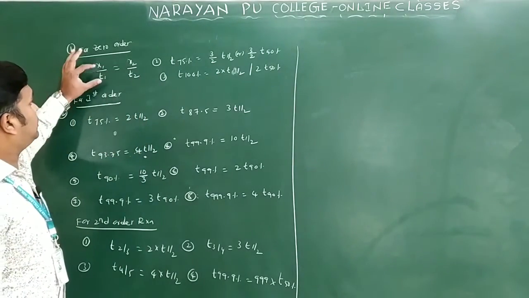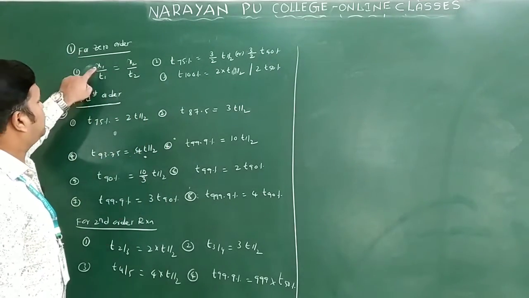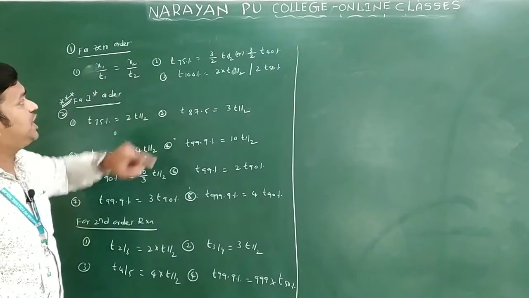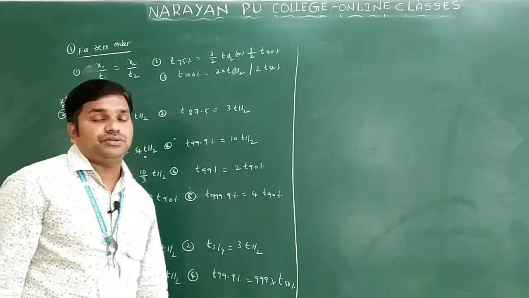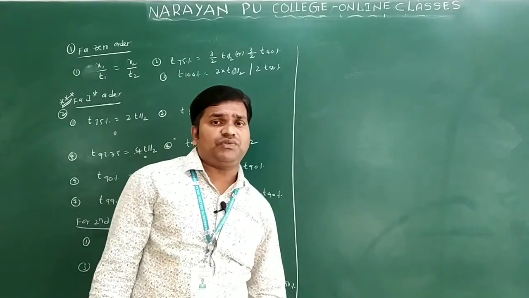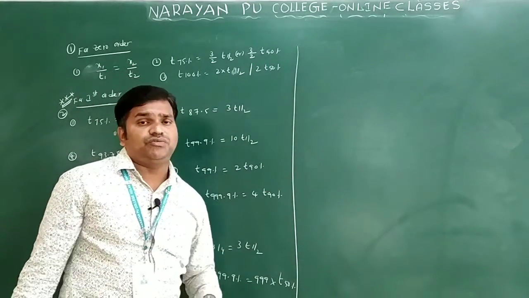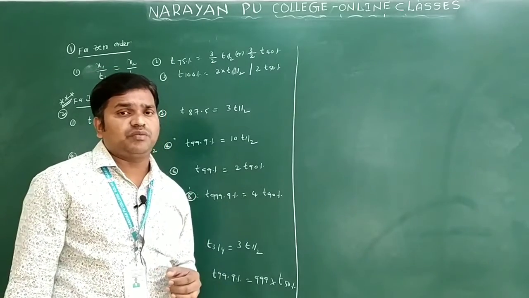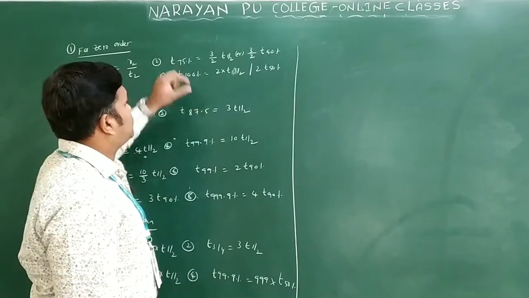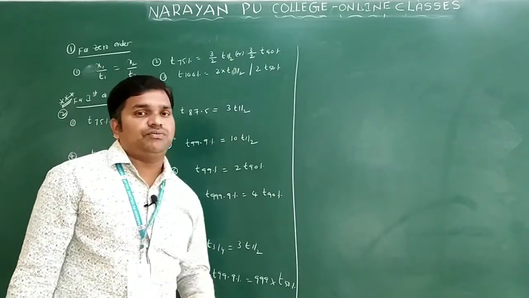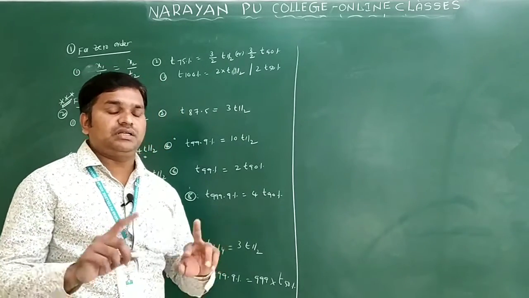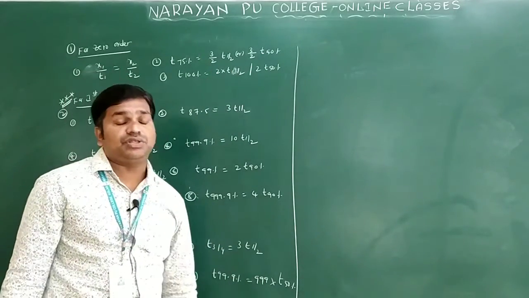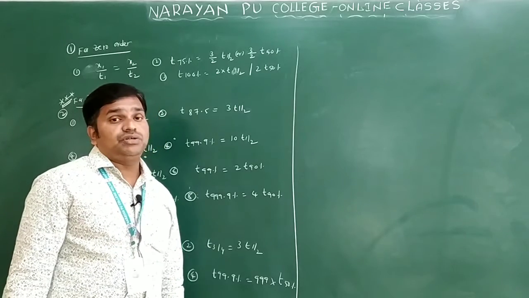So if they give different concentrations at different times, the formula we can use is X1 by T1 is equal to X2 by T2. In case of zero order reactions, T 75% is equal to 3 by 2 into T half. 3 by 2 means you will get 1.5 into T half, or you can say 3 by 2 into T 50%. How will you get this one? You can take the zero order reaction expression, K is equal to R naught minus R by T. You can find T 75%, then you can take T half, T half is equal to R naught by 2K. By taking the two equations and solving, you will get this relation. Clear? T 75% is equal to 3 by 2 into T half, or 3 by 2 into T 50%.